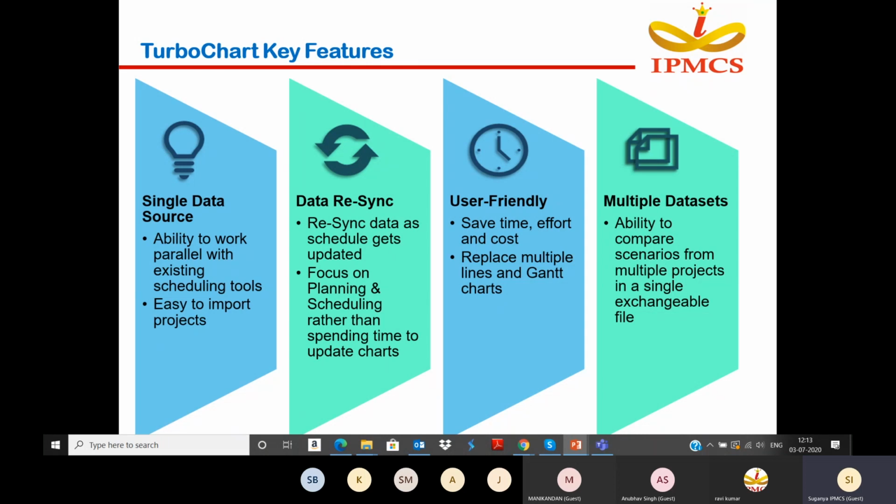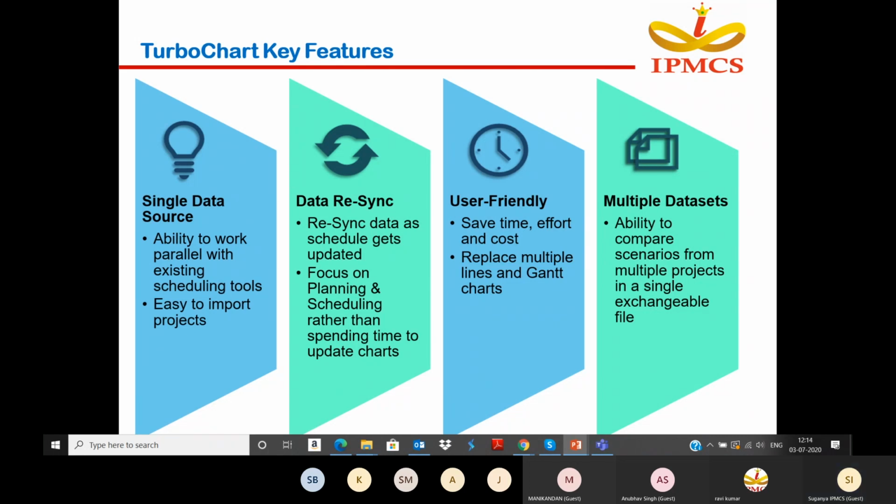Once you update your schedule, the updates will automatically be reflected in TurboChart with the help of the data resync option. And it is user friendly. It saves time, effort, and cost. It replaces multiple lines and Gantt charts. Multiple data sets: ability to compare different scenarios from multiple projects in a single exchangeable file.